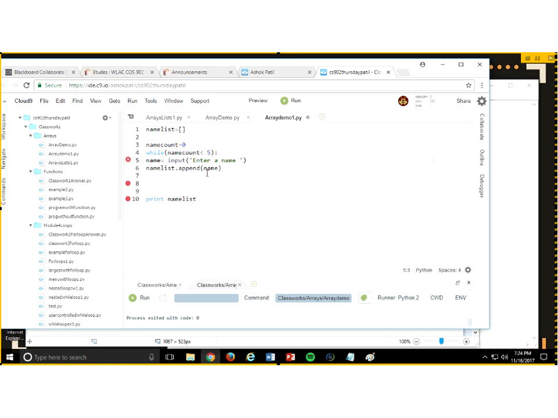tab, name count equals name count plus 1, right? Make sense? I'm using name count as what? Starting off at 0, while the name count is less than 5, I take the name, so now it becomes more efficient, right? So if I have 100 names to take,